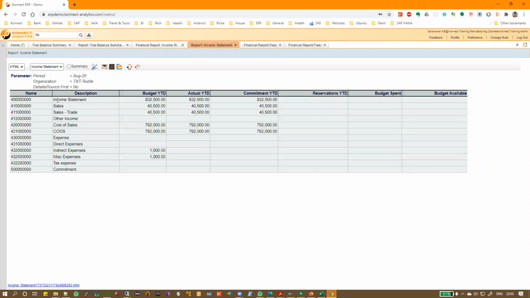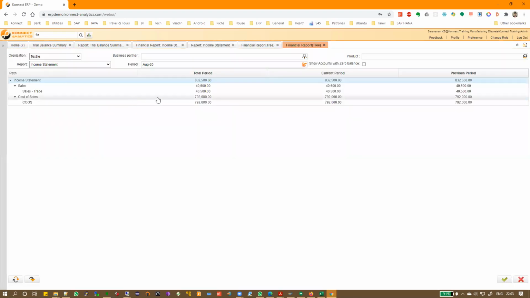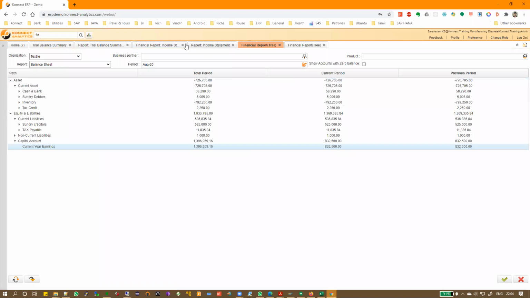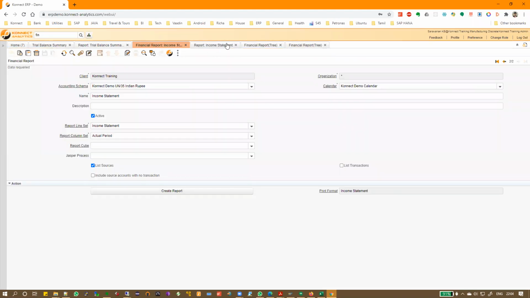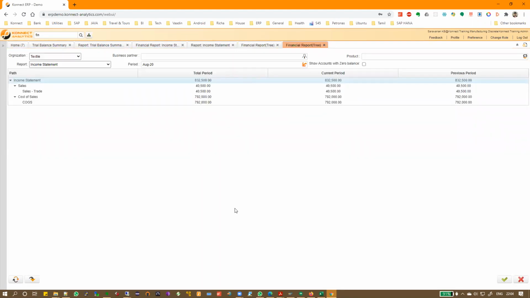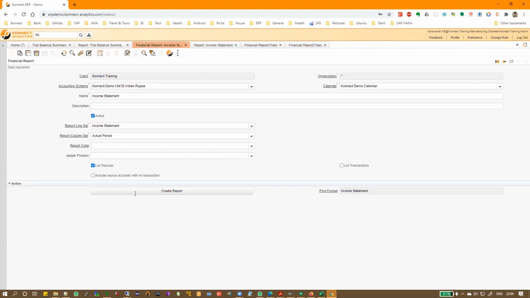Of course this is not looking that attractive, because this should be under this, like that, and this one is showing it properly, but this one is showing it as a flat structure. That's why we generally prefer to use the tree mode. So like this, you can look at the income statement, balance sheet, trial balance. The flexibility is that you can have multiple configurations of your income statement and balance sheet. In this window there is no limitation, so you can have any number of combinations. That's why generally what we advise our customers is that you design how you want your income statement, and we will design it for you and give it to you.